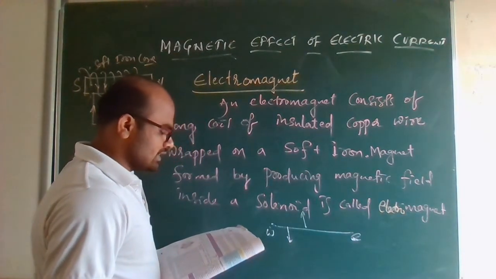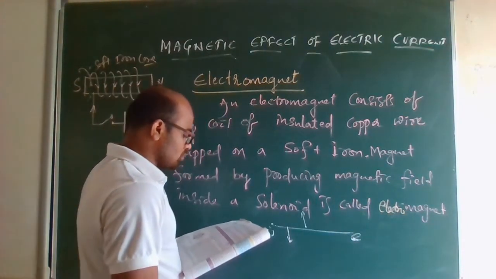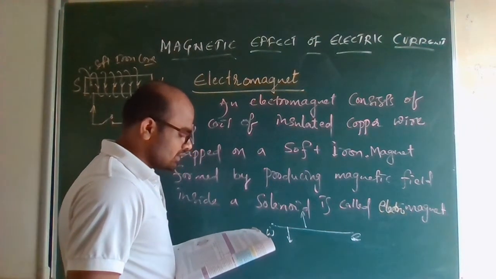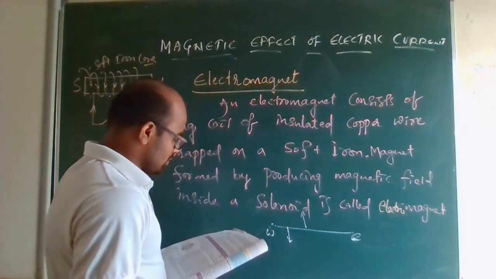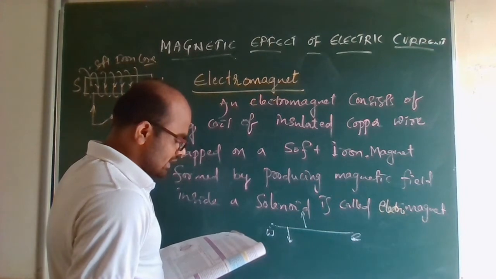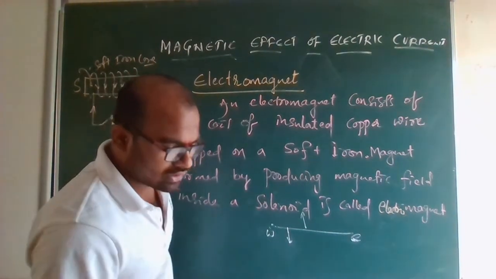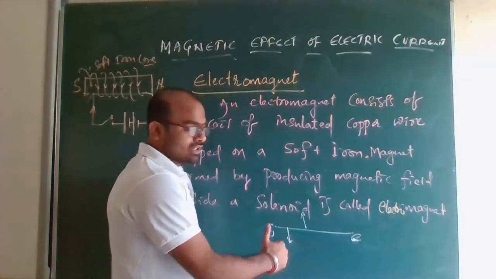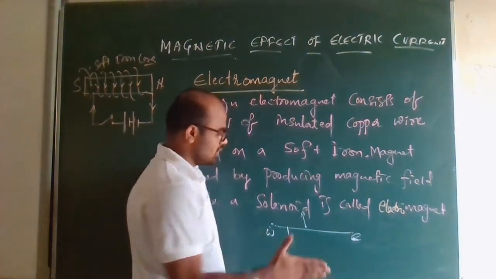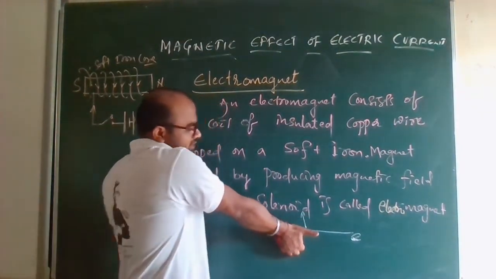So the current is in the east west direction. Applying the right hand thumb rule, we get the magnetic field turns clockwise in a plane perpendicular to the wire when viewed from the east end, and anti-clockwise when viewed from the west end. Note that. Now we have applied the right hand thumb rule, so if you apply like this, you can see here.